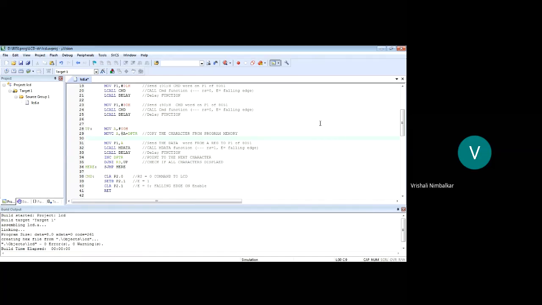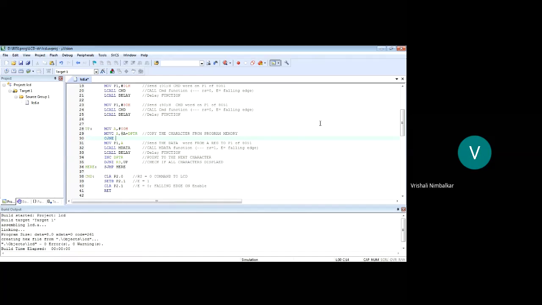Correct, students? Now see, comparison can be done in two ways. Either use the CJNE instruction, compare and jump on equal or not equal, or you use the subtract instruction. Now what is appropriate here? I need to check whether the null character has been received or not. Comparison with CJNE, or subtraction, whenever I need to find the larger and smaller number. What is applicable here? CJNE. We are comparing whether it is a null or not.